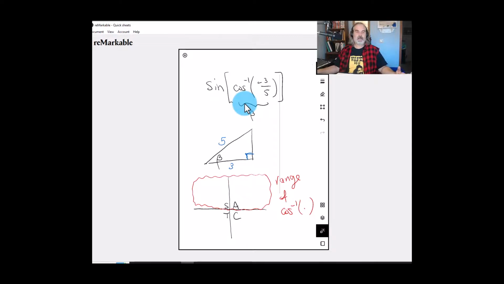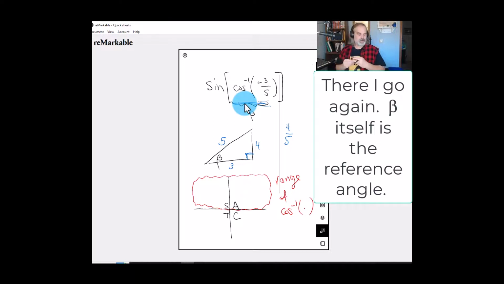Either by running through the Pythagorean theorem or just remembering your special triangles, we then discovered that the length of that side is 4. So if this value was +3/5, beta is the angle whose cosine would be 3/5. The sine of that angle would be 4/5. Now, I'm not going to circle this yet because there's still this negative sign issue. Now, again, beta, the angle whose cosine is -3/5, or better, the angle whose reference angle has a cosine of 3/5. Since the cosine is -3/5,